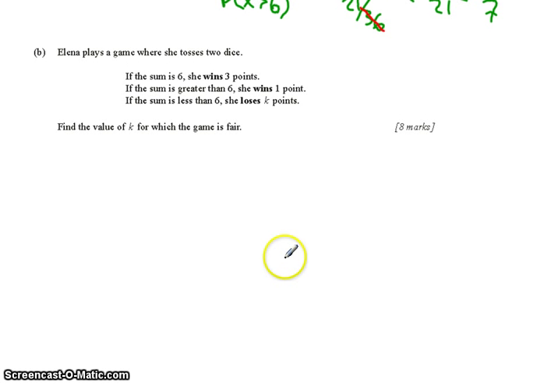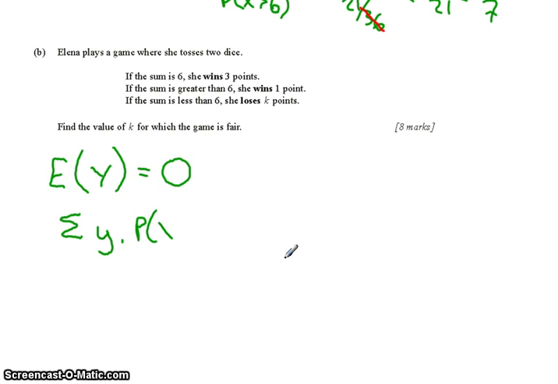For it to be fair, then we're saying that E of, and we'll call it y because x has already been used, E of y is equal to 0. So our expectation, or our mean, is fair, i.e. we think we will get as many points lost as we will win. The expectation is equal to each score, or we'll call them score y, times by the probability of